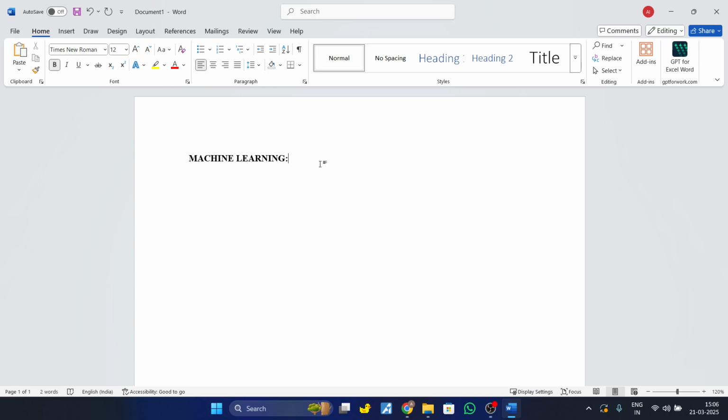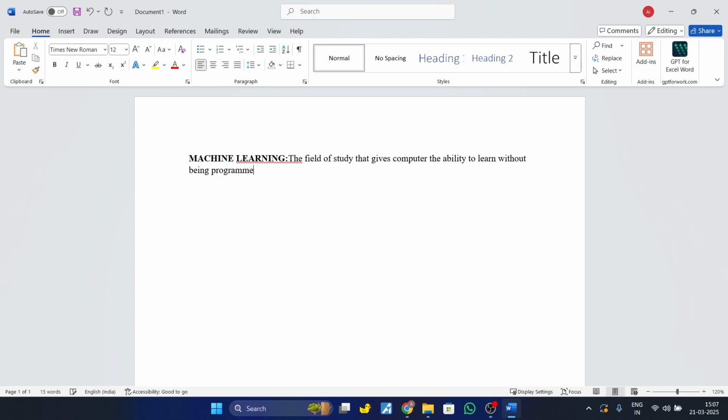This is the formal definition, and it is available in almost every textbook. What it basically says is: this is the field of study that gives computers the ability to learn without being programmed,